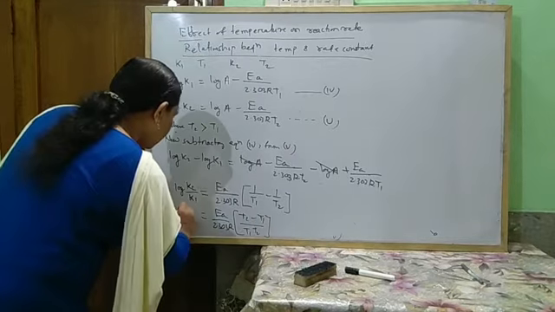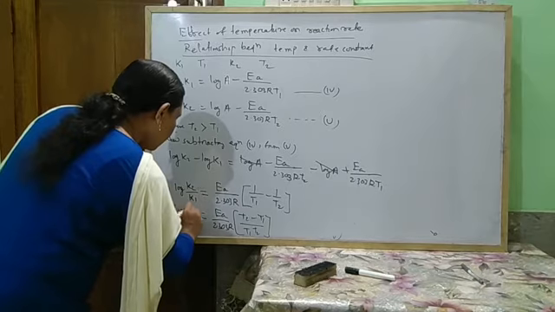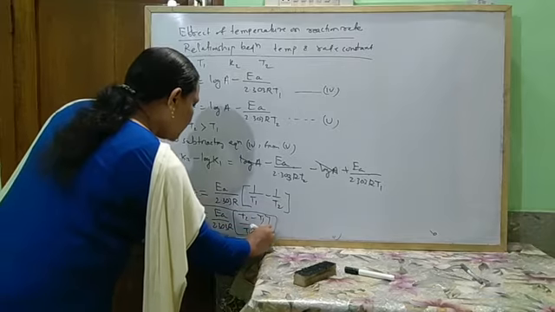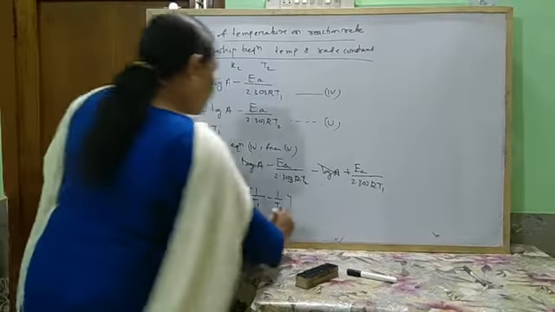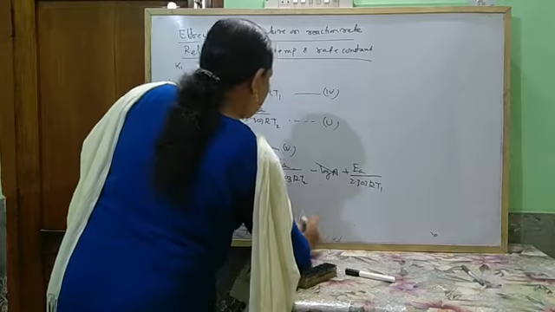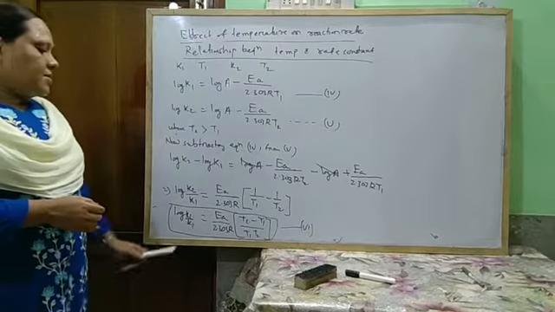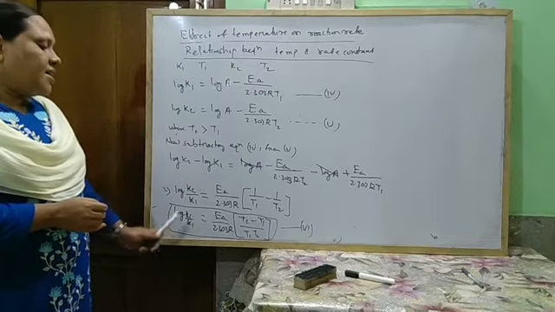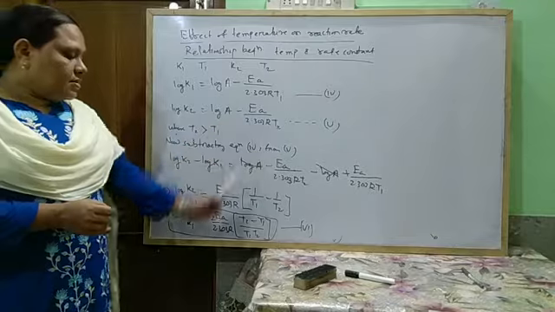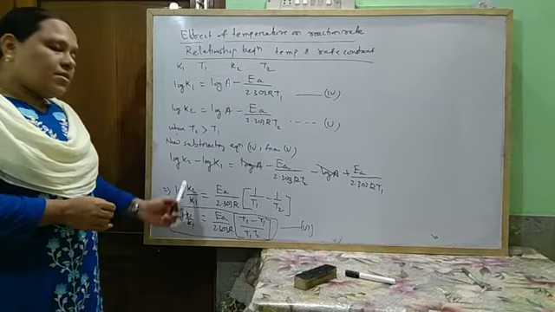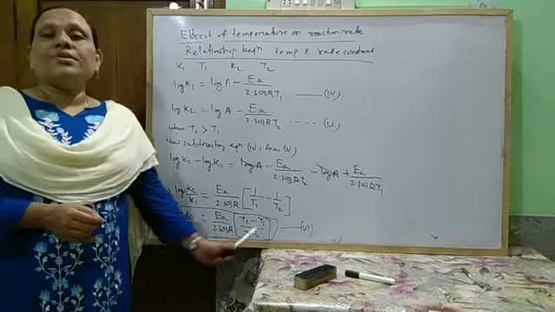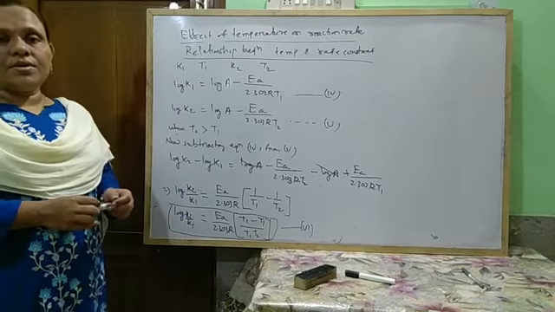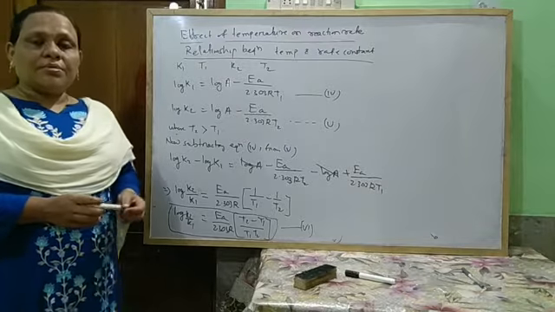This is log k2 by k1. This is the equation for temperature dependence of rate constant, and this is the equation for rate constant at two different temperatures relating to activation energy. Okay, so for today up to this,